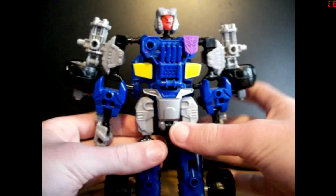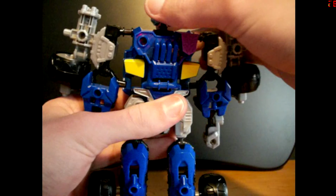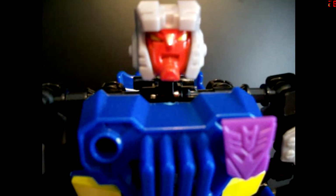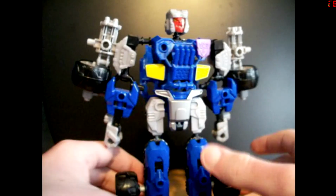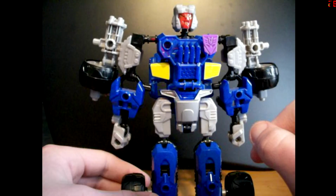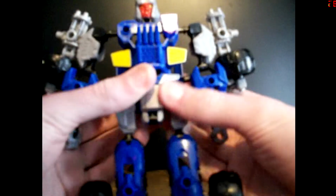As far as posability goes in this mode, his head is on a ball joint and ratcheted neck. Got a close up on the head. It's glaring, and I apologize for that, but he does have yellow eyes. A really nice red face and a gray helmet. So a lot of this figure, including this back piece here, the chest and the head, are from Hound, which is unfortunate that they had to reuse parts,